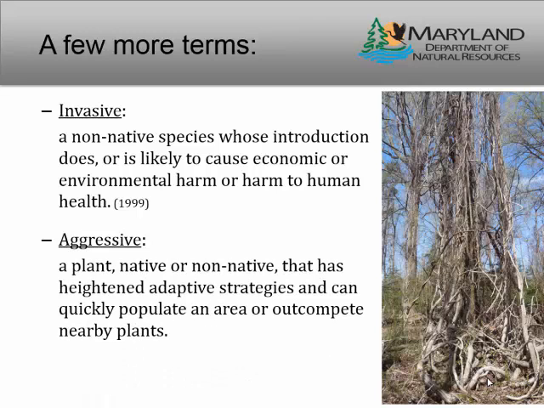And then aggressive plants, this can refer to native or non-native species. Generally, anything that we're referring to as a non-native invasive species is because it's also very aggressive. But something like a cattail would be an example of a native species that is also very aggressive. So it might become problematic in certain situations, but it is native and it is providing wildlife habitat and things like that. All right. So any of these might also be considered a weed, which is a plant that's growing in a place where you don't want it to be. These are just to the next level of horrible weeds.